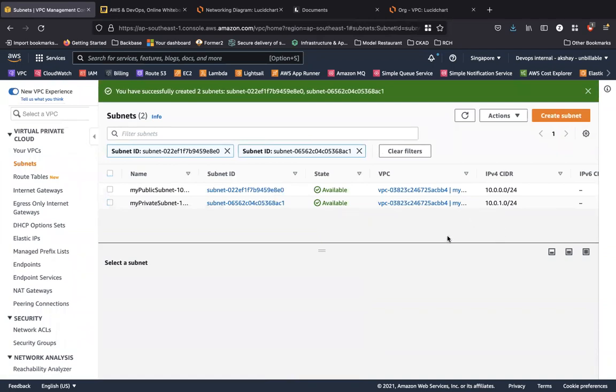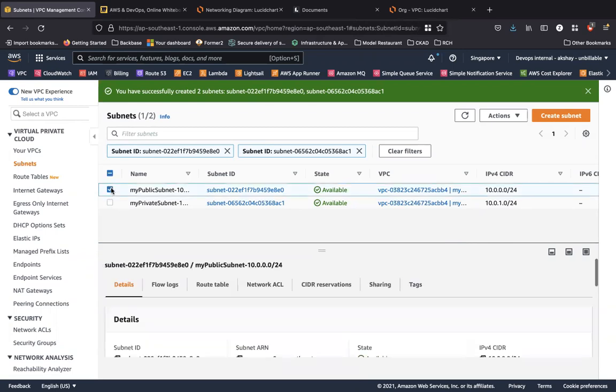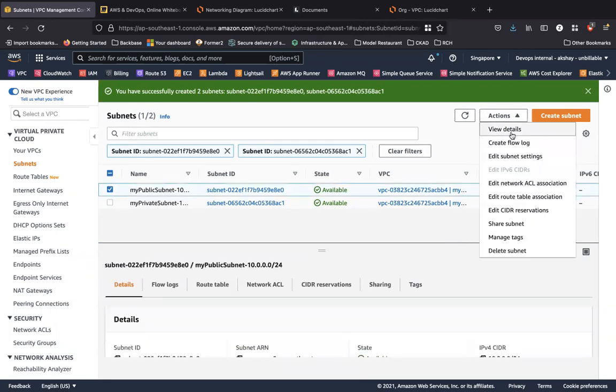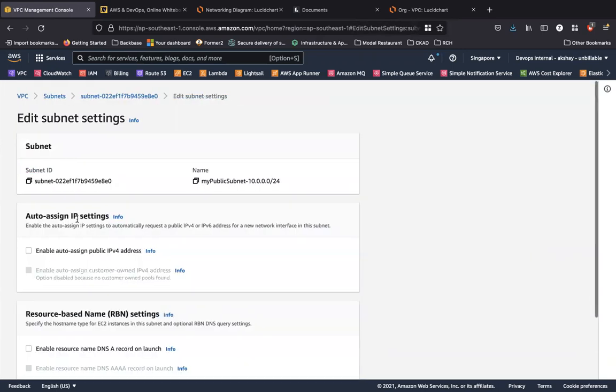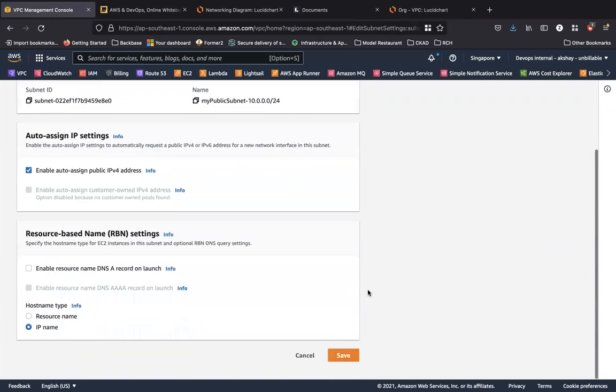Let's take a look at enabling auto assign public IP for our public subnet, because at this moment, you can see that any resource that you place into the public or the private subnet will only get a private IP. They may not get a public IP if it's placed into the public subnet. To modify that, let's click on our public subnet. Let's click on actions, edit subnet settings, and let's enable auto assign public IPv4 for our public subnet alone and